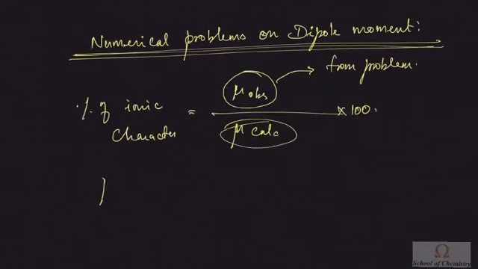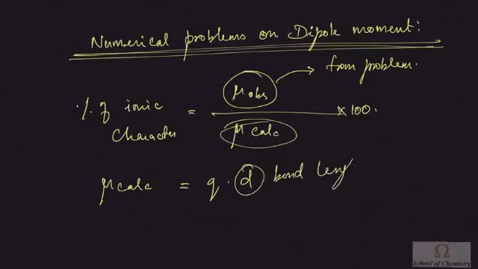So to calculate this mu theoretical value, we need Q into D. The formula to find out mu calculated, the mu theoretical value, is Q into D. D is nothing but the bond length. This will also be given in the problem. And this Q can be expressed in two